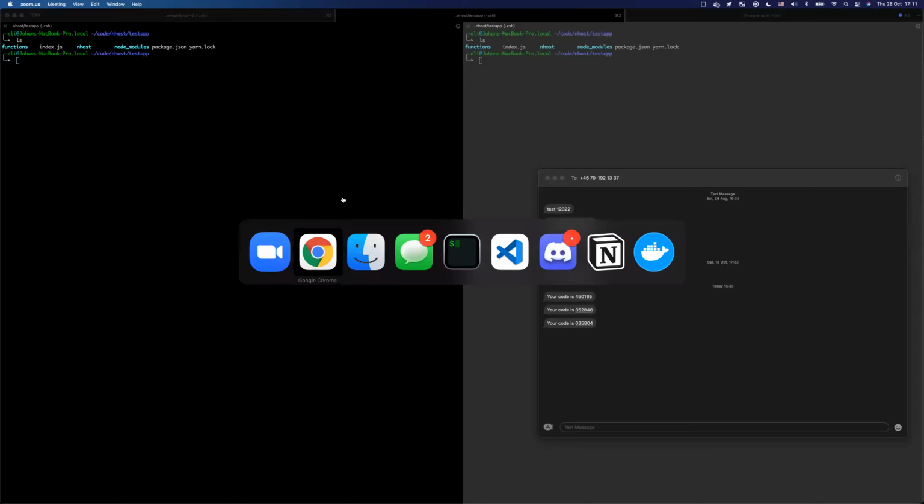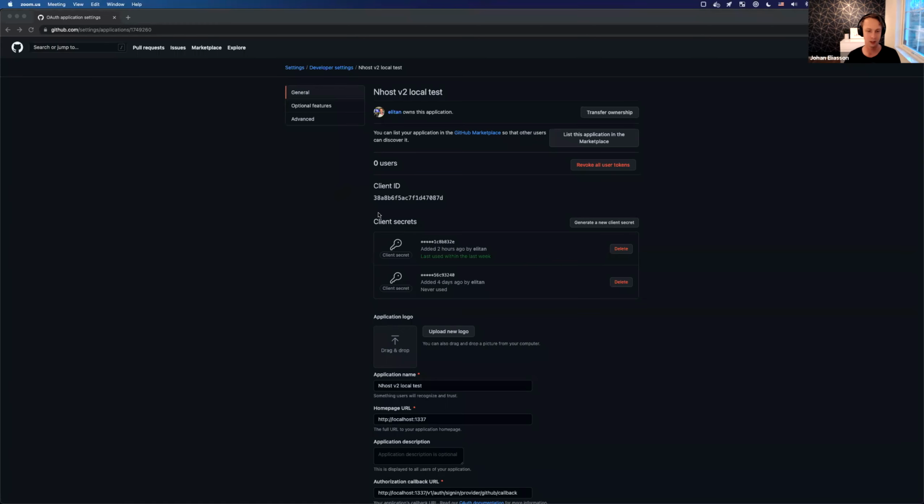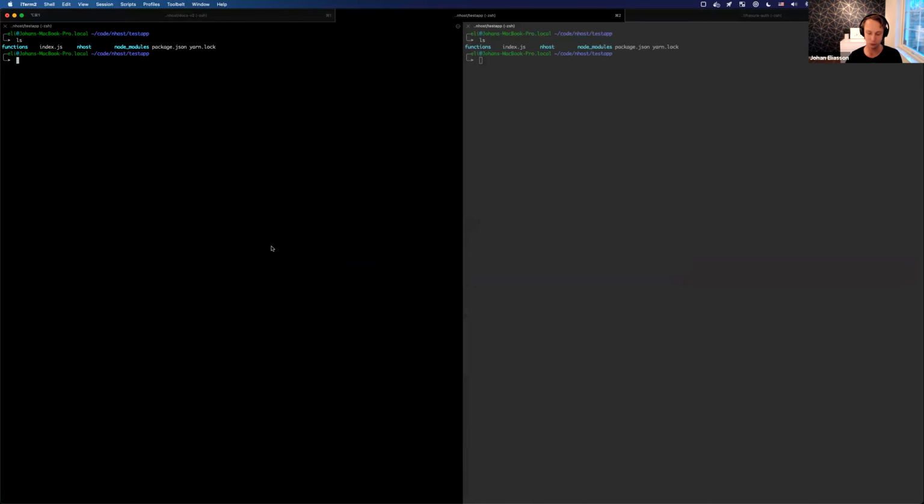All right, so let's do the auth demo that I talked about earlier. Now I think I will switch it up, and I need to share my whole screen for this one. Okay, so let's see. I have this one really close. Here I'm going to show a little bit of our CLI, the one Mrinal showed last time.